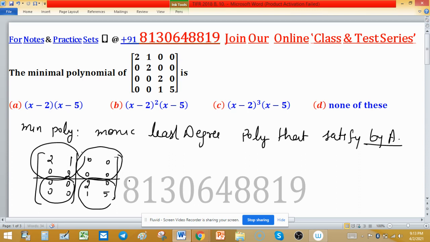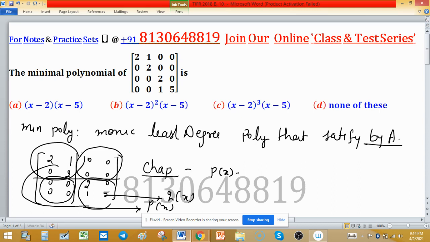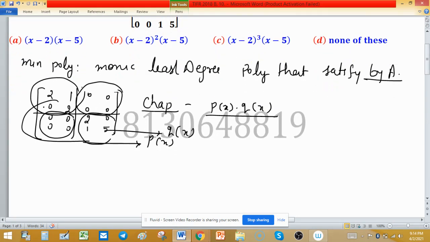And for the characteristic polynomial, when we have a block matrix, say the characteristic polynomial for this one is p(x), and for this one is q(x), then the characteristic polynomial will be p(x) times q(x). It means write the characteristic polynomial of each individual matrix and then multiply. That will be the characteristic polynomial of the given matrix. So the first block, you can say, is an upper triangular matrix, and we know that the eigenvalues or eigenroots of an upper triangular matrix are